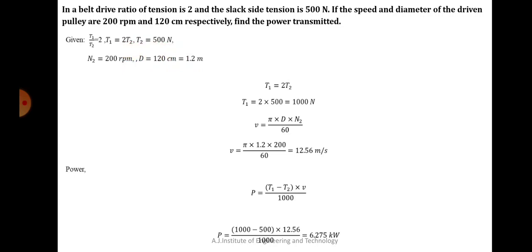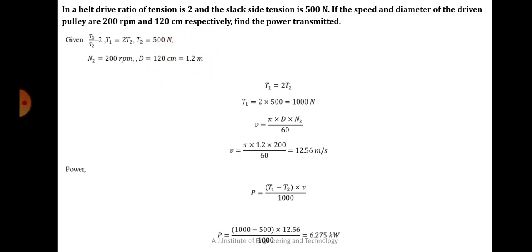So what is the diameter given here? The formula is pi d n by 60. Pi is a constant. D is in terms of centimeters. So remember, it is not 120 centimeters. You have to convert 120 centimeters into meters. How do you convert centimeter to meter? Divide by 100. Got it? If it was given in terms of millimeters, then you would divide it by 1000. Remember, if it was 120 mm, you divide by 1000 to make it meters, and then it becomes 0.12.